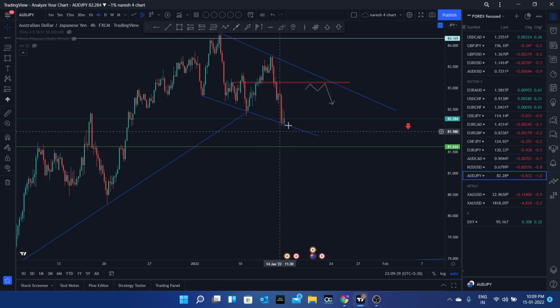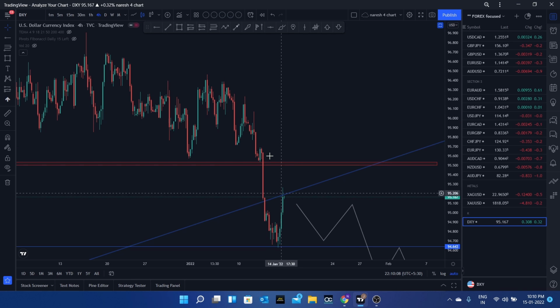Trend is your friend. Even sometimes it can go to this area and reverse because it is in a down trend. If the pair is very weak, it can go just to this level, which is some kind of resistance area, and it can even go deeper. So just try to go with the trend, and I only look for short entries in AUD JPY, guys. So next would be